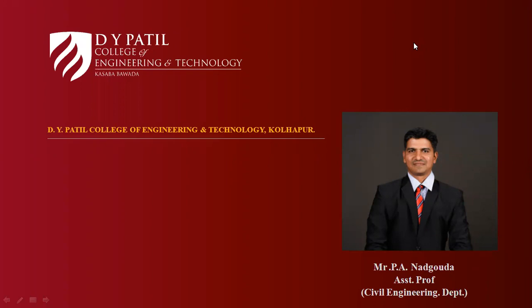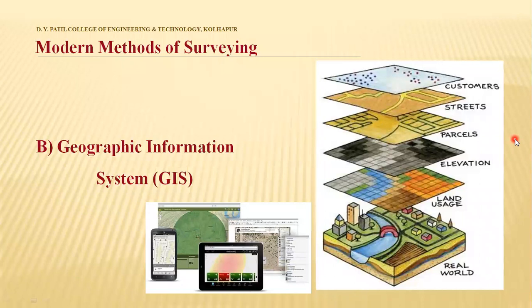In the previous two lectures, we have seen the introduction part of Geographic Information System. In the second part, we have seen the history behind GIS. Today, we are going to learn the component parts of GIS, and we are going to end this topic with the applications of GIS. The development of GIS has relied on innovations made in many different disciplines like geography, cartography, photogrammetry, remote sensing, and many more.